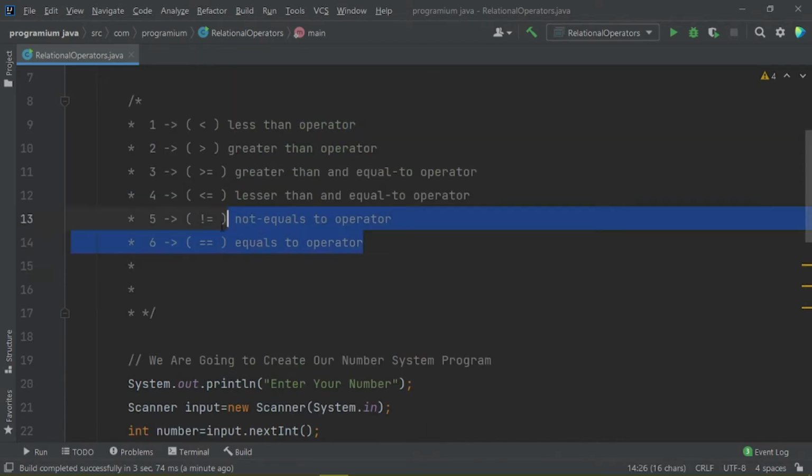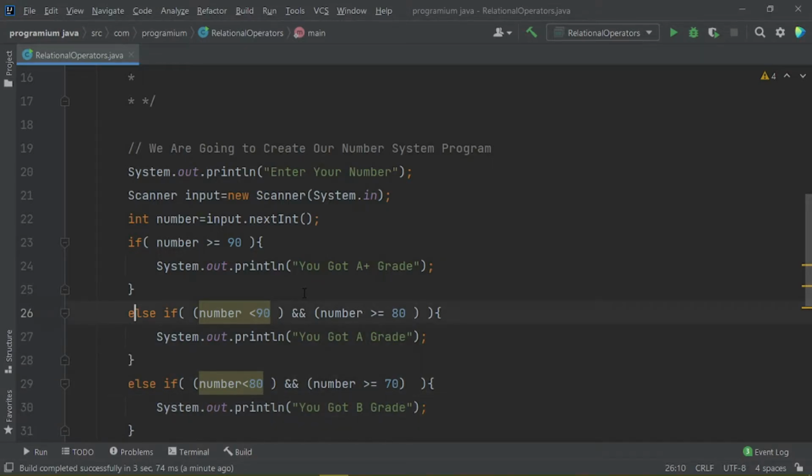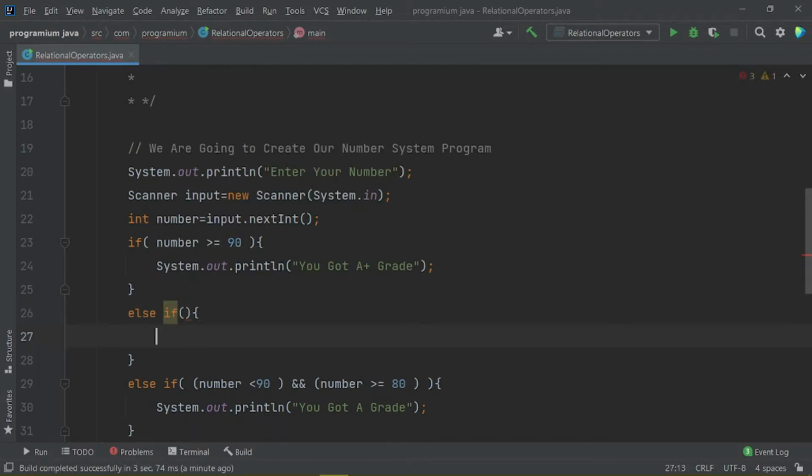So here are two operators that are left behind, and one is not equals to and the other one is equals to. So let us again put here another else if to check one more condition, that if number greater